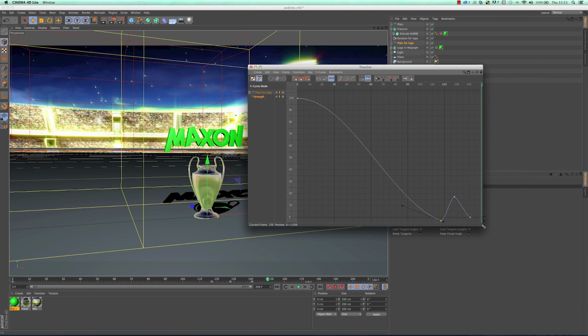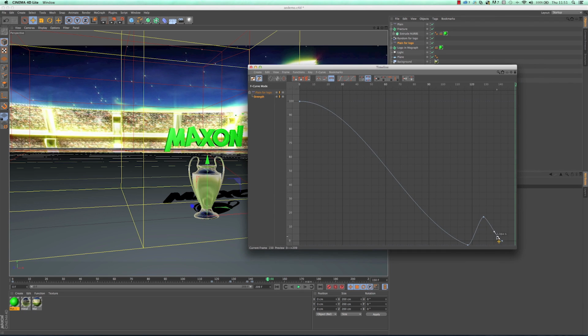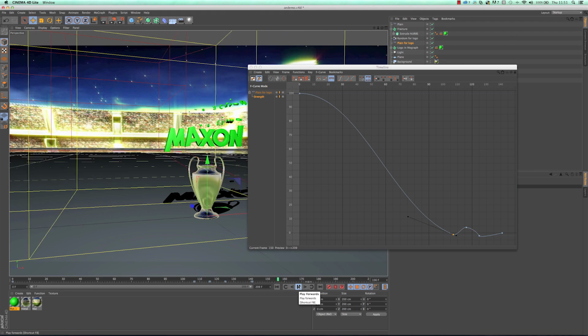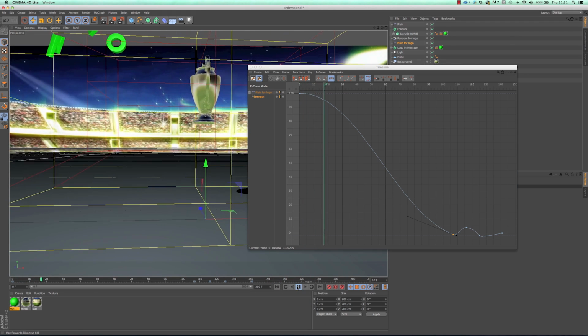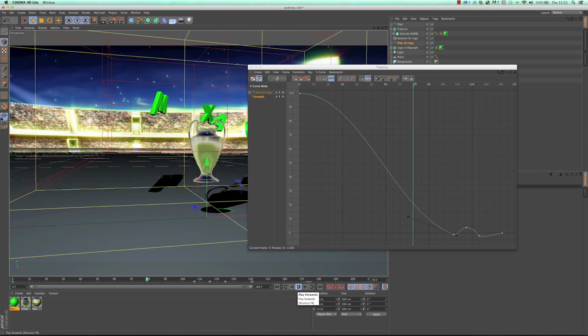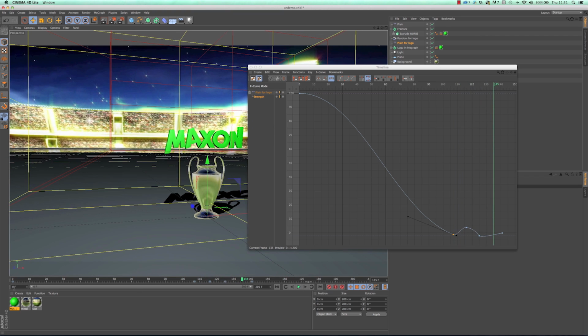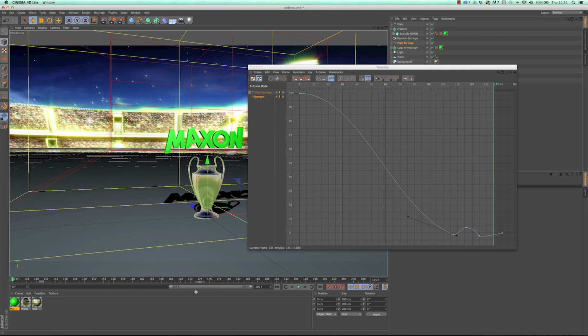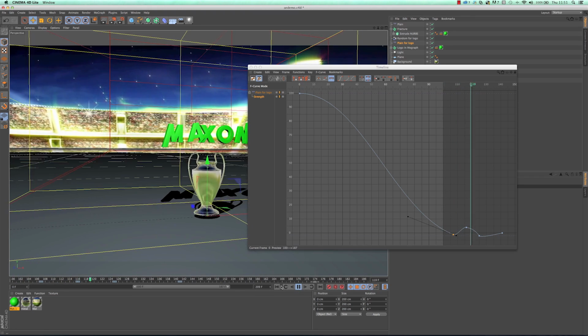So there's various different tools in here that I can tweak. So I could add maybe another, let's have another one there. And move this one, and this one. And then we'll just have a quick look at that. Oops. Let's see what that's doing. I'm getting like a little bump there, so I could scale the timeline a bit just so I focus just on that bit, to about there. So let's just have a quick look at that.